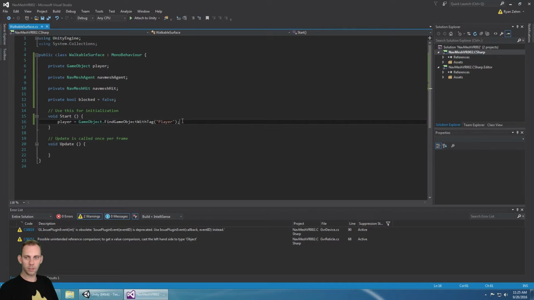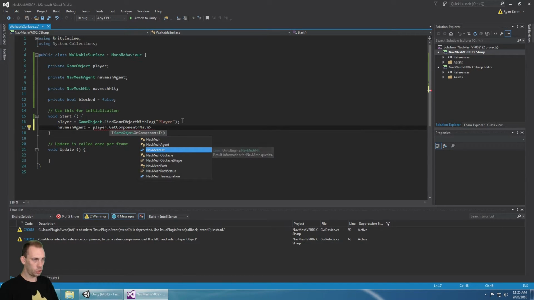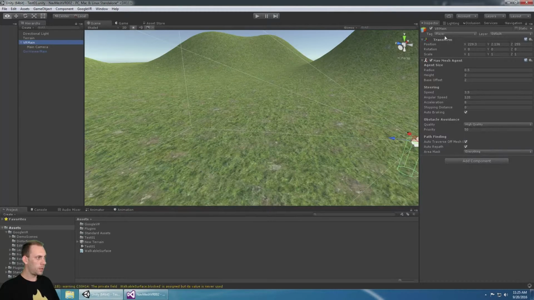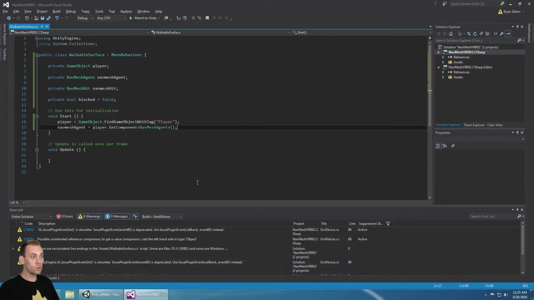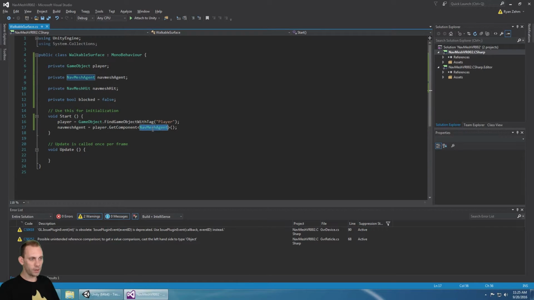So it's going to find the correct GameObject, and then we're going to need to get the NavMesh agent, and the NavMeshAgent is going to be equal to player.GetComponent NavMeshAgent. And I know that's going to work because it's found the player by tag, and I have a NavMesh agent component on that. So a NavMesh agent component, it's going to find it, populate it, and we're moving on with the script. We're not going to do anything in Update,